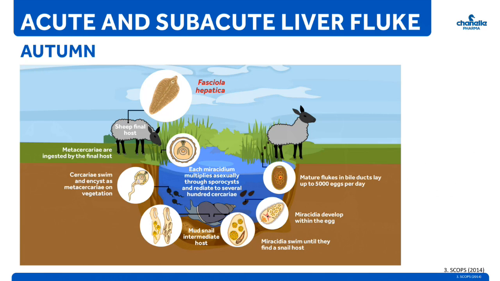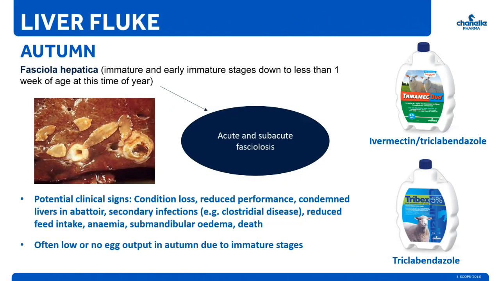And this is why, linking back to what we talked about previously, it's important to try and reduce standing water and poaching where possible. This parasite has a long 20-week life cycle, and as we shall see, disease can be caused by the immature stages as well as the adult stages of the parasite. In the late summer, autumn and early winter, we tend to see acute and subacute versions of the disease, which cause ill thrift, anemia, fluid imbalances, and often sudden death.